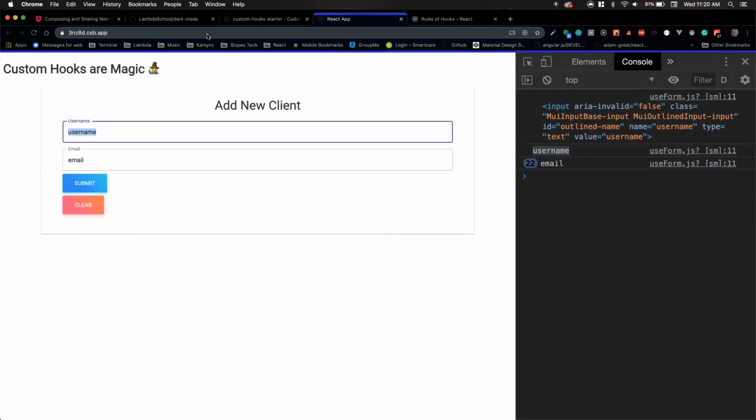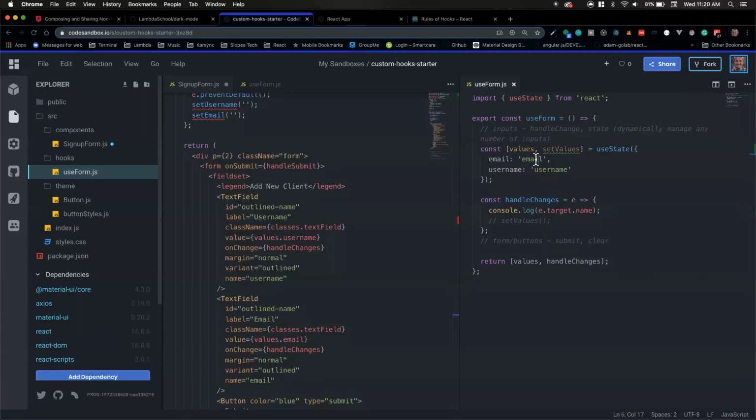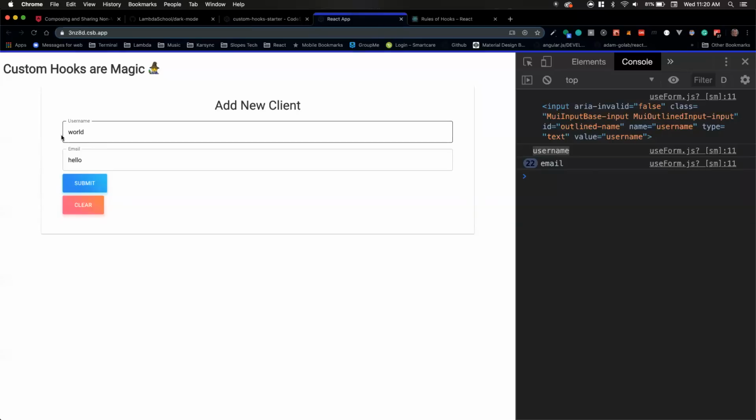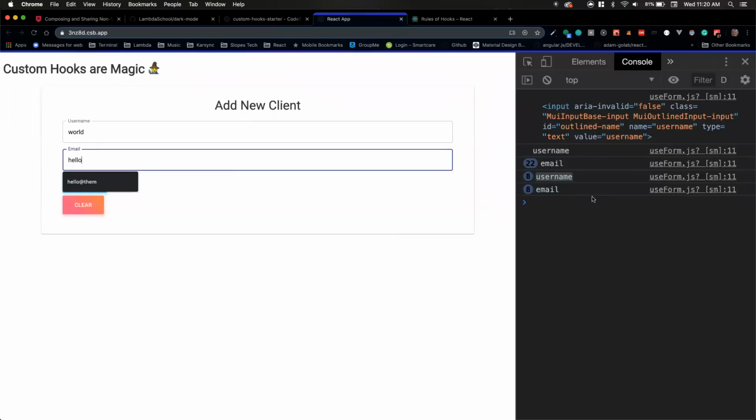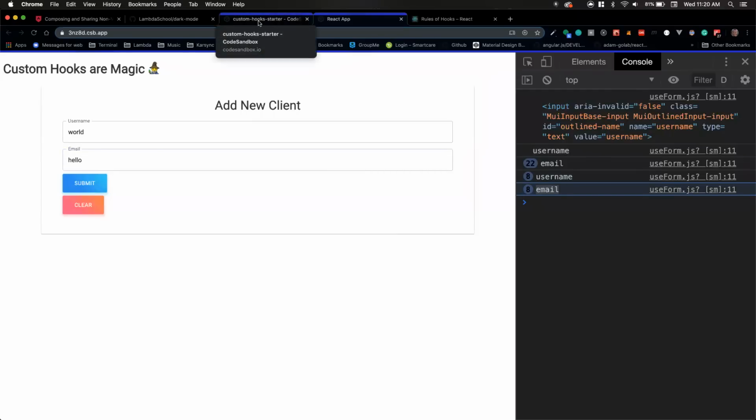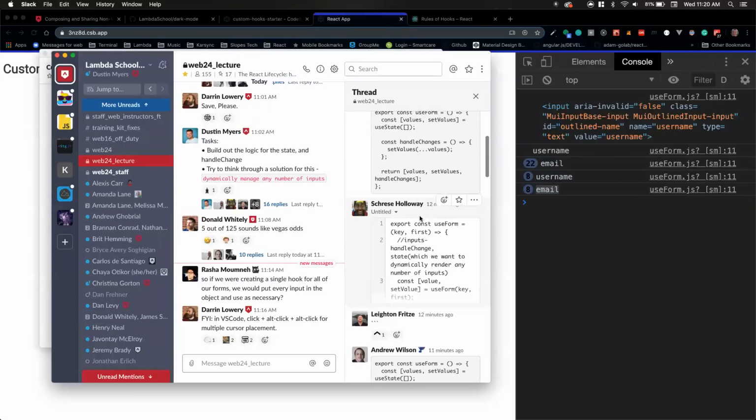This might confuse us with these strings here, so let's change these strings to hello and world. It's going to be world hello, I think. Yeah, world hello. So if I type into username, I get the name of the property that I'm trying to update with my new value. If I type into email, I get the name of that property. So I'm going to do something that was demoed here